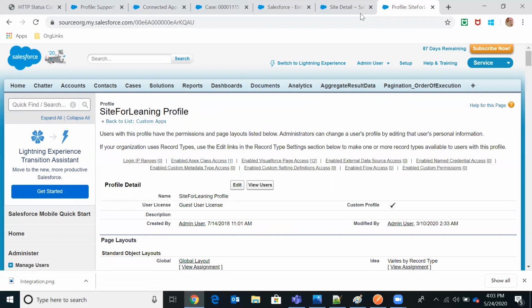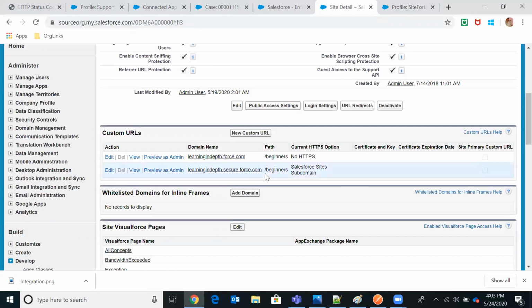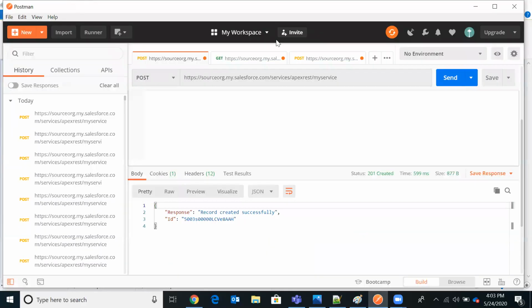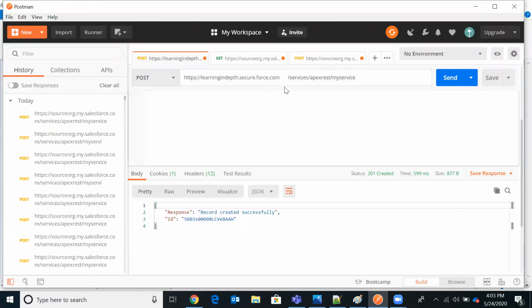Now, if you want to access the service, this will be your URL. Instead of this URL, you have to pass this, and also there is a path, beginners, and Apex services my rest.